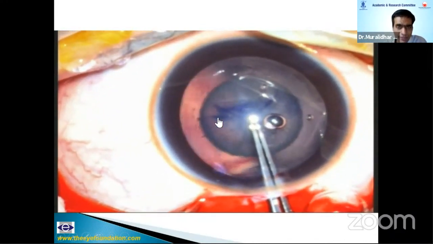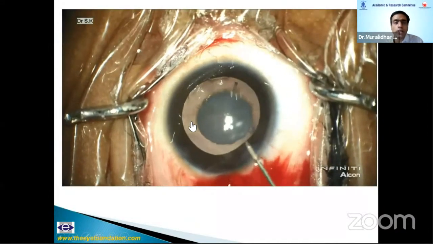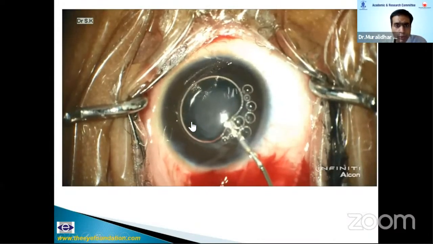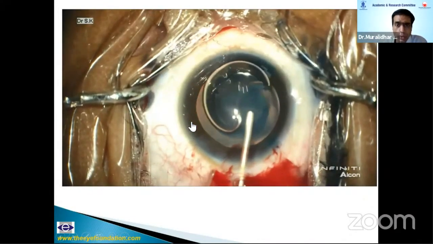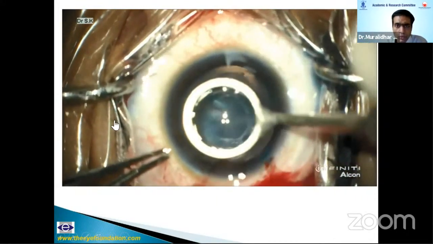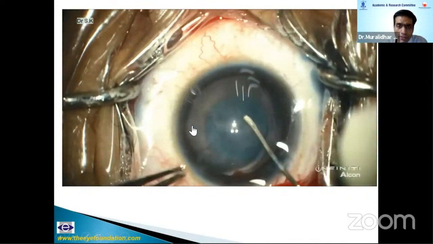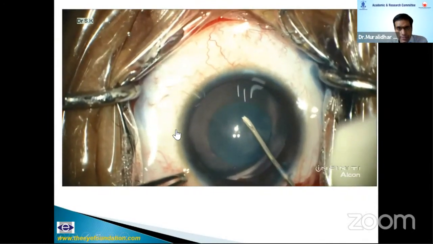But I think for older than 1 year, I propose this for between 1 to 4 years, where you use the side port to do a rhexis. Again, I use trypan blue only in those patients where there is no glow. Otherwise, I do not use trypan blue. For between 1 to 4 years, you can use the side port and use a micro forceps to guide your rhexis.